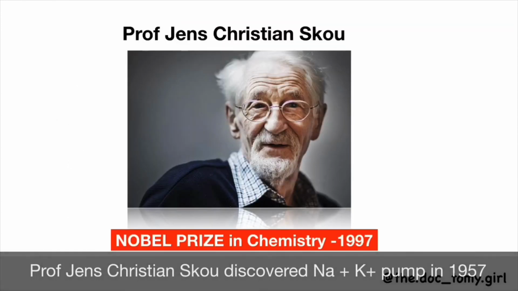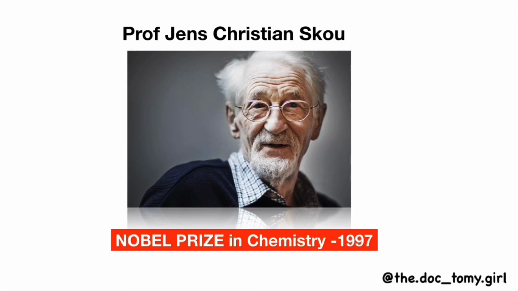This video about the sodium potassium pump would be incomplete if we don't mention the discoverer of the sodium potassium pump. It was discovered in 1957 by a Danish physiologist, Professor Jens Christian Skou of Aarhus University, who received the Nobel Prize for his discovery in 1997, which was the culmination of his 4 decades of research aimed at explaining the mechanism behind this vital motor of the cells. He received the Nobel Prize in Chemistry together with Paul D. Boyer and John Walker for his discovery of sodium potassium ATPase.